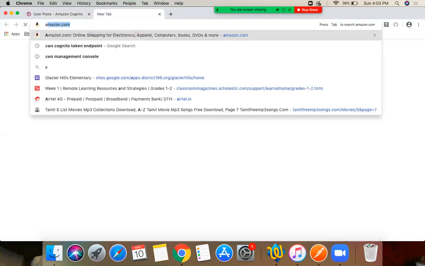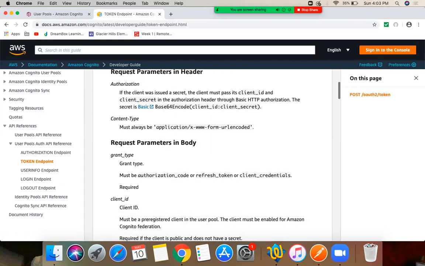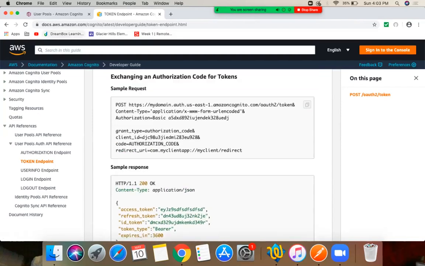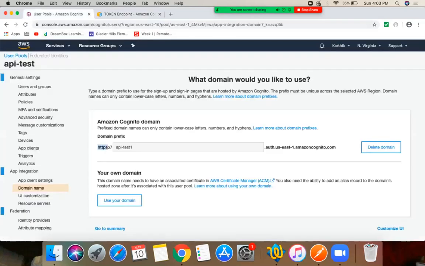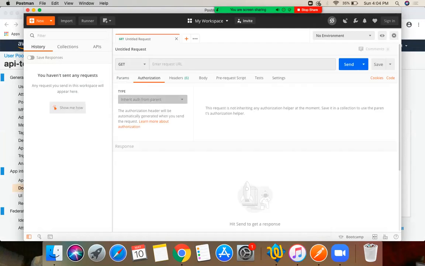And if you go and search in Google, AWS Cognito, and you can use this tool called Postman. I'm sure many of you would have used this tool in multiple scenarios, but let's use this tool for now. And if you open a new request, go to authorization, and then